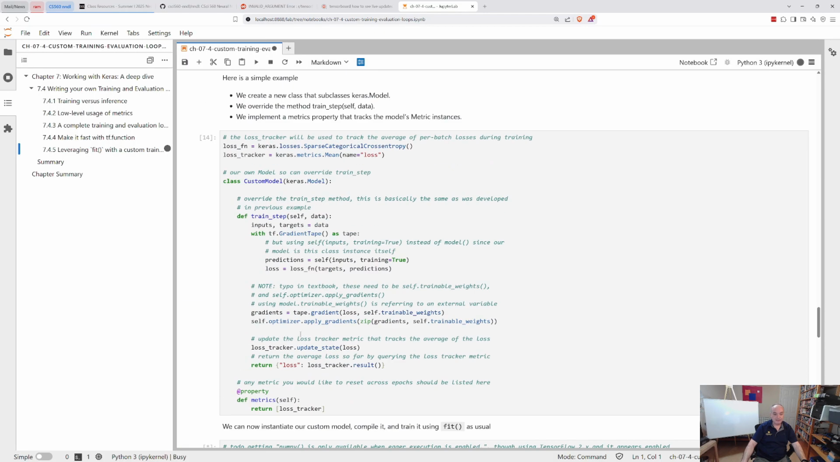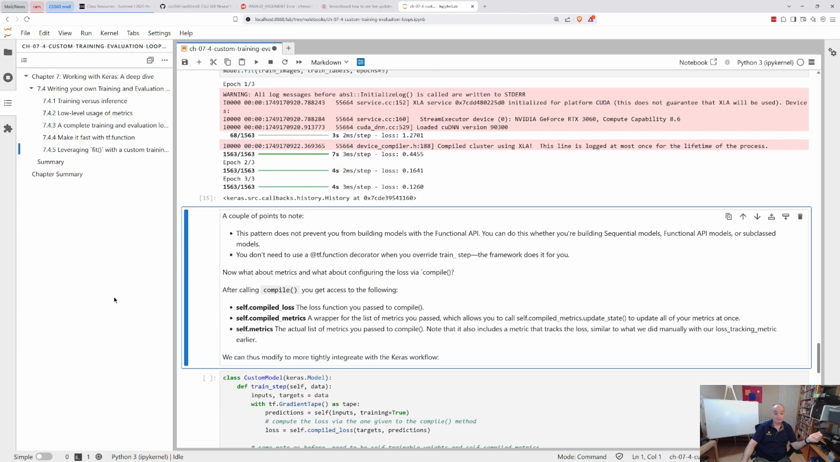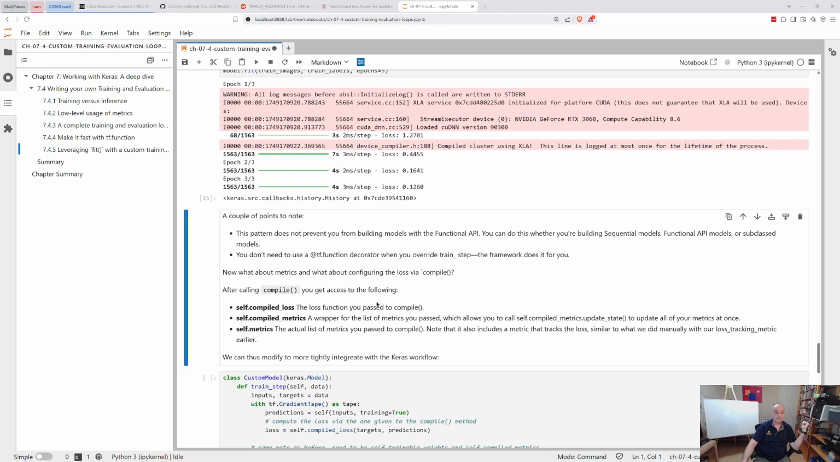Some notes on this. There was a couple of typos in the textbook, so this needs to really be self.trainable_weights and self.optimizer. So that was wrong in the textbook. And we're done with training on, okay? Okay, and